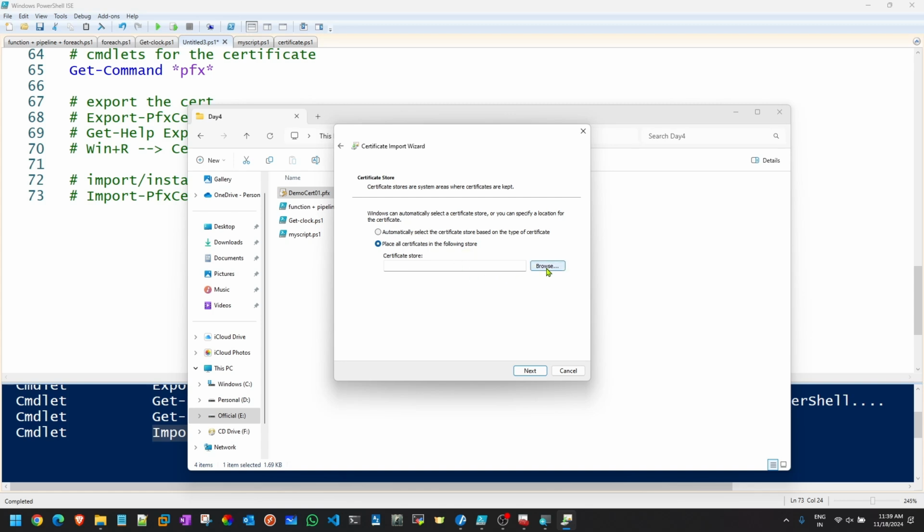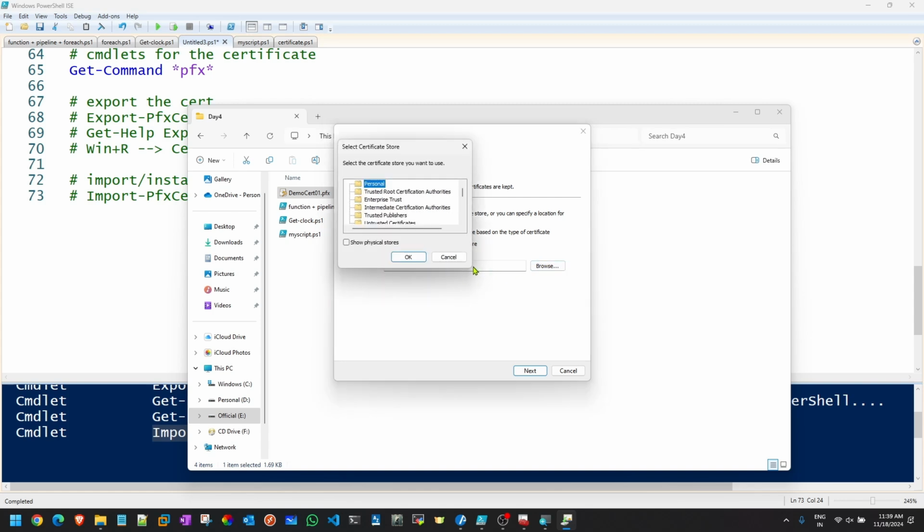So I'll go to browse and here is my list: Personal, trusted root certification authority, enterprise, intermediate, trusted publisher, and so on. You can see there are so many folders. Okay. So I am gonna install it inside trusted root certification authority, meaning that certificate will be by default trusted once I install it on my computer.